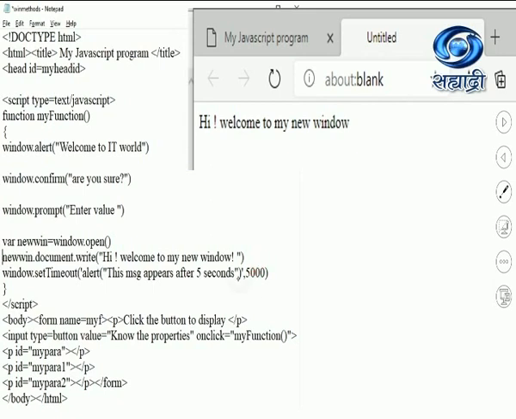So after 5 seconds, it is going to execute this alert statement. Observe the syntax over here: I have written the statement inside single quotes, and I mentioned double quotes for the alert. You need to remember this syntax clearly, because you are going to make use of that in the color code program as well.